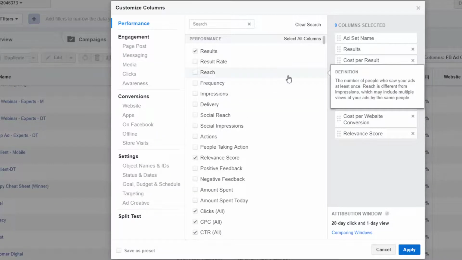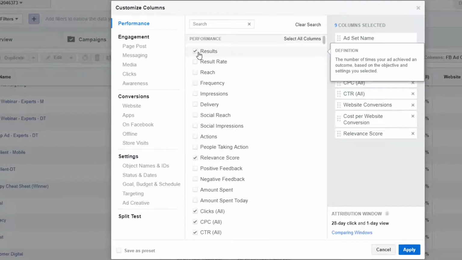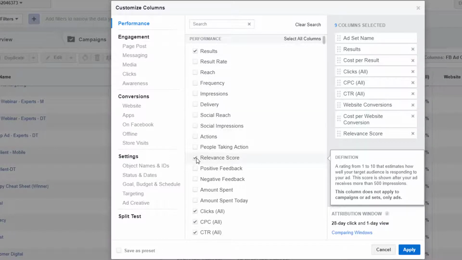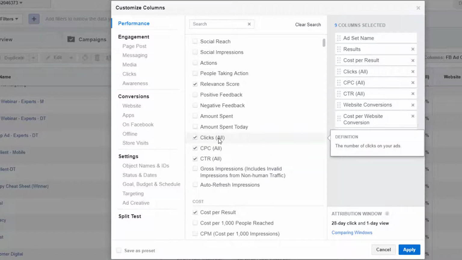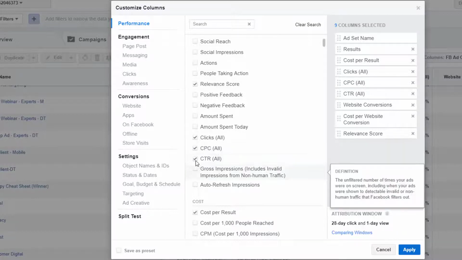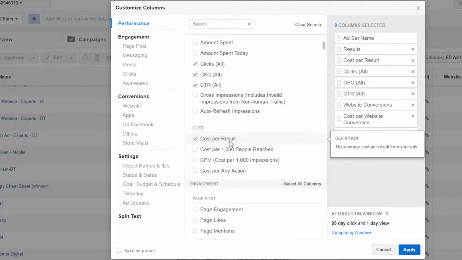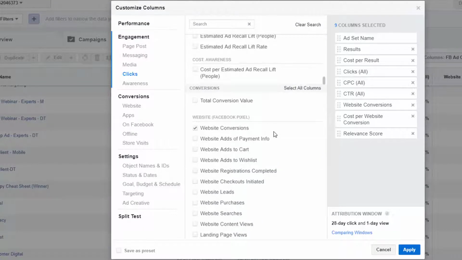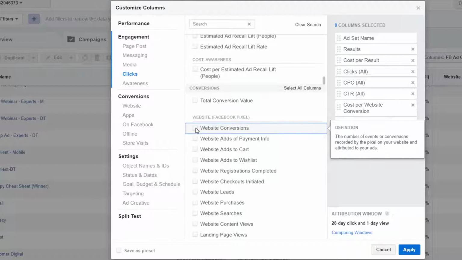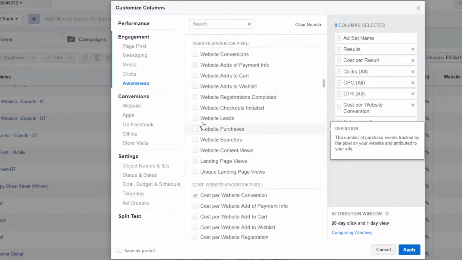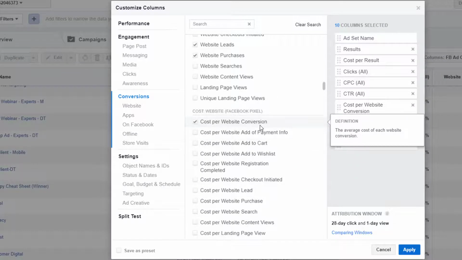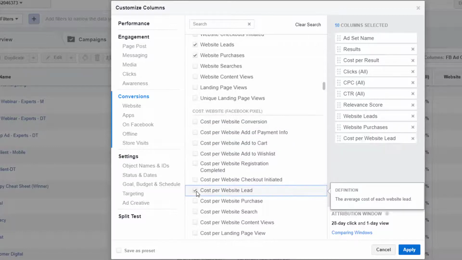So what we want to see here, we want to see the results. So we're going to leave this. I want to see the relevance score. I want to see the clicks. I want all clicks. Cost per click I want to see. Click-through rate I want to see. Cost per result I want to see. I don't want website conversions, because what I want is website leads and website purchases. I want to see those. I want to see cost per website lead, cost per website purchase,